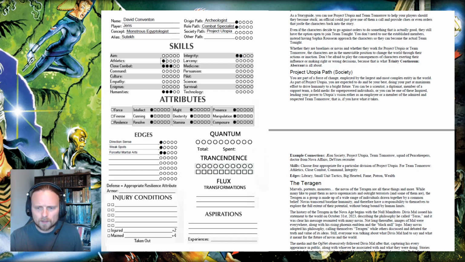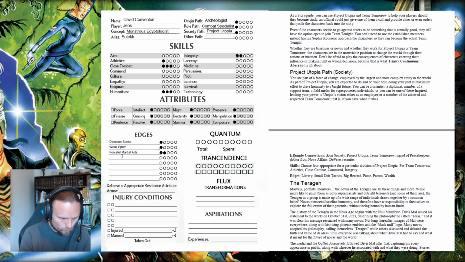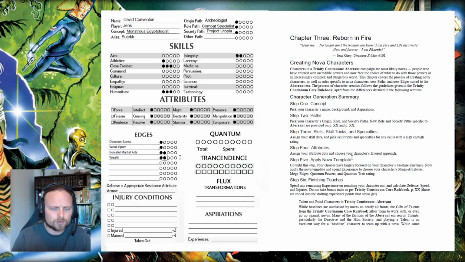Yeah, that's what I'm going with. So now I just need to dot off the final dot, and you start with 1 dot in each. And for his edges, I'm going to go with wealth, because, well, Novas earn a lot of cash, and Project Utopia pays well as well. So now we're actually quite far down the path of character creation,